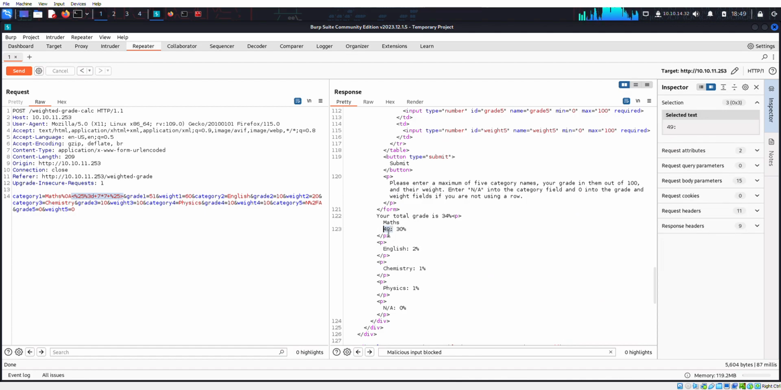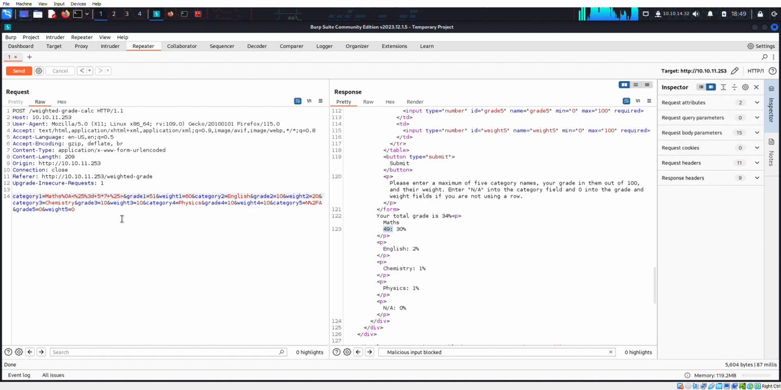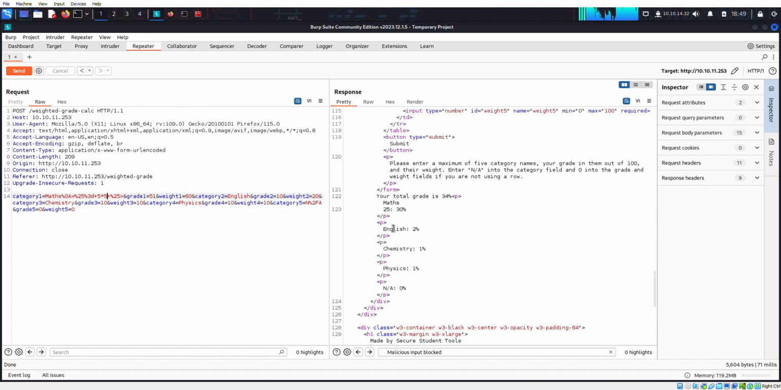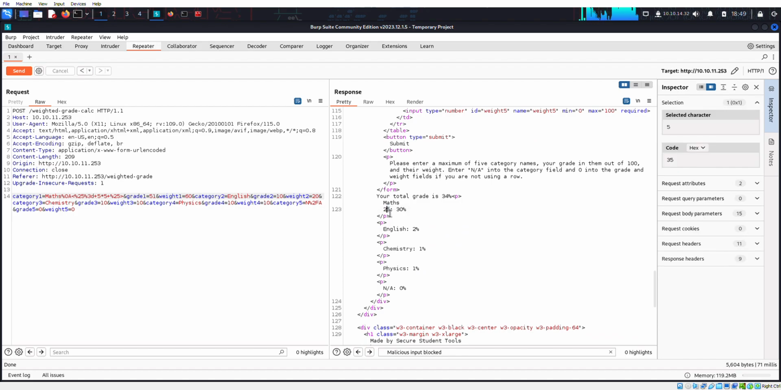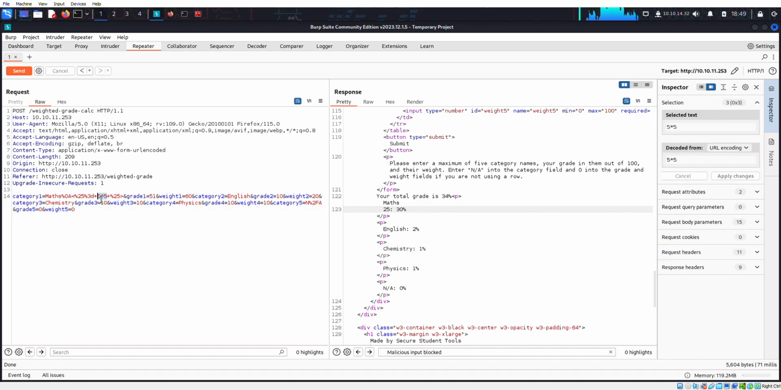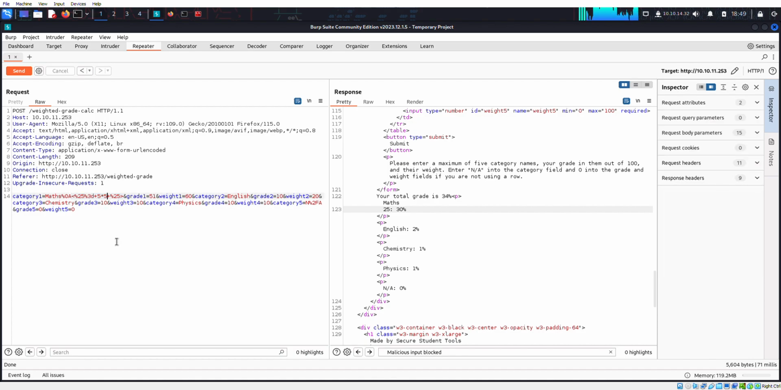If we send these, we get 49, right? Because we put 7 times 7, it's 49. If we put 5 times 5, it should give us 25. So this will confirm that we have SSTI. So right here, it's vulnerable to server-side template injection. So what we're going to do next is try to inject our payload here. So instead of doing this, how about we do